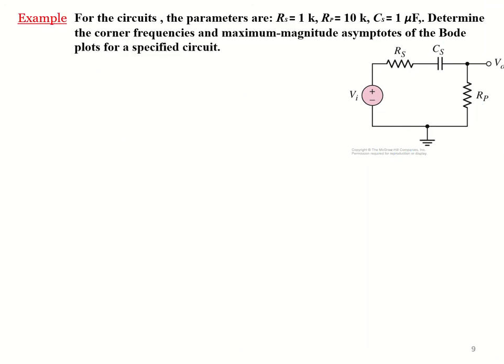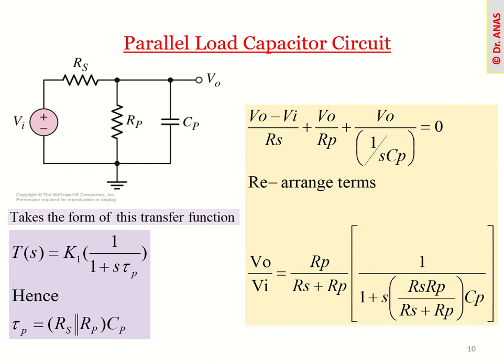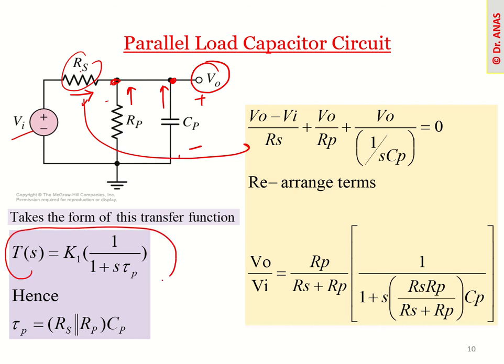One example we will solve in the live session. Similarly, if we have a parallel load capacitor circuit, where the capacitor is coming in parallel and we are getting the voltage drop here, and we apply the nodal equation at this point, the incoming current will be equal to the load current. So V input minus V naught divided by RS will be this current. This current will be V out divided by RP, or 0 minus V naught. And if we just do the rearrangement, finally we can get this transfer function here.